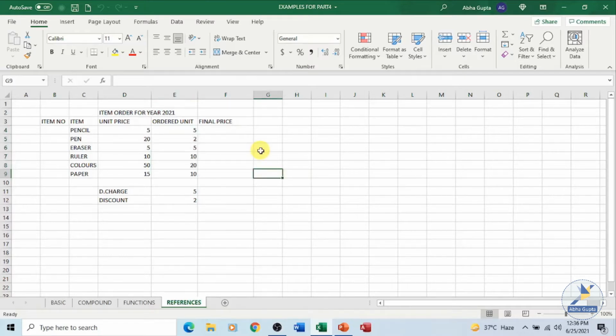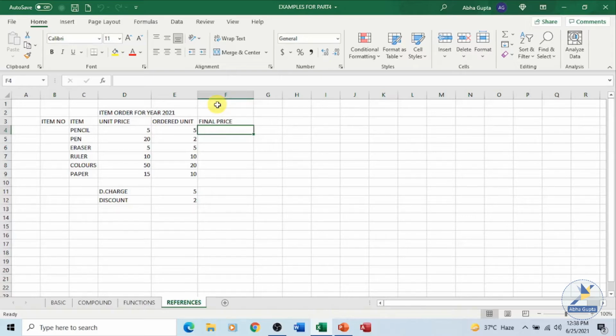We have made use of cell references while using formulas and functions, that is, the address of the cell. We have also seen how we can make use of a cell range while doing calculations using inbuilt functions like sum, max, min, and average. The first type of referencing we will discuss is relative cell referencing.